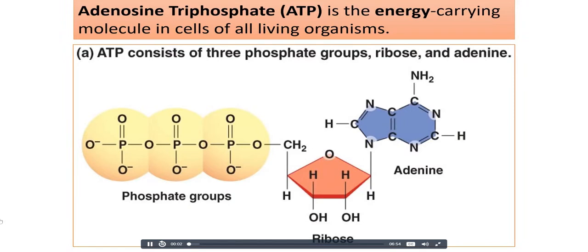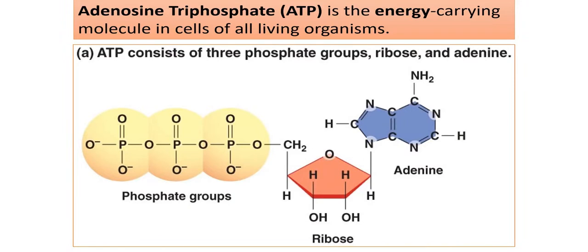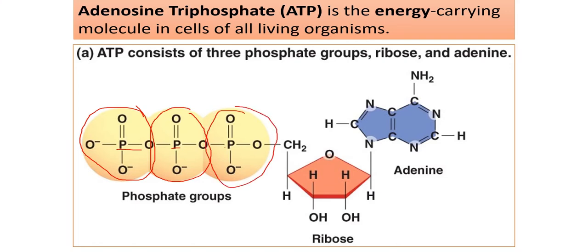So next we're talking about adenosine triphosphate, or ATP molecule. It is an energy-carrying or energy-storing molecule in the cells of all living organisms. ATP consists of three phosphate groups: the first phosphate group, the second phosphate group, and the third phosphate group, each with phosphorus. ATP is also made up of the ribose